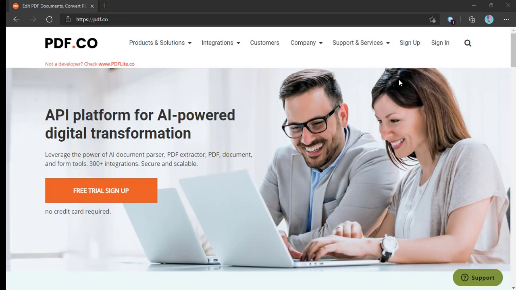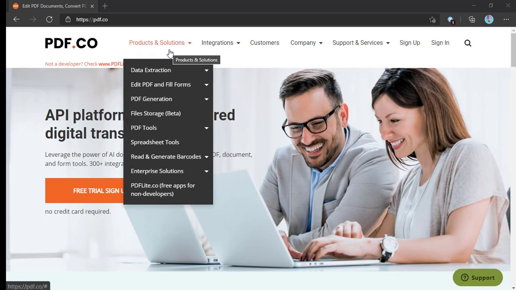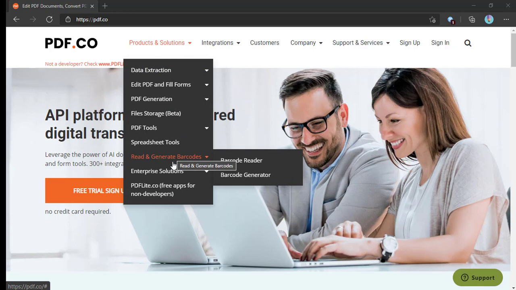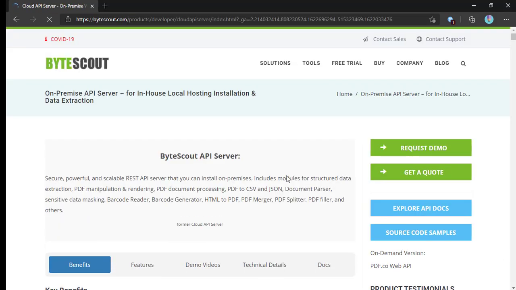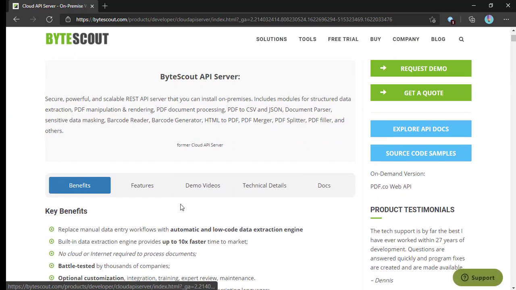If you are an enterprise looking to host PDF.co on your own server, then you can opt for the PDF.co enterprise solution. With that, you can get all the source of PDF.co and host it as per your requirement. For more information, please go to this on-premises API server page.